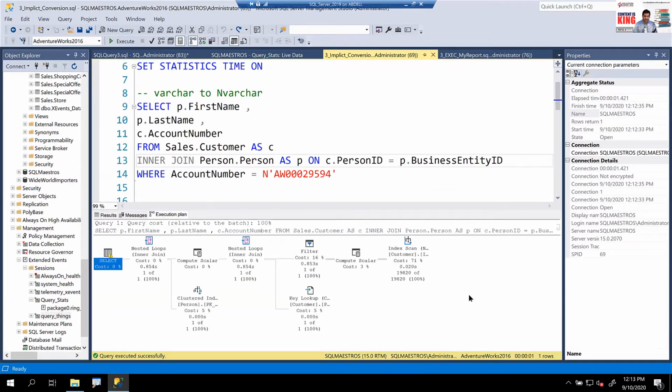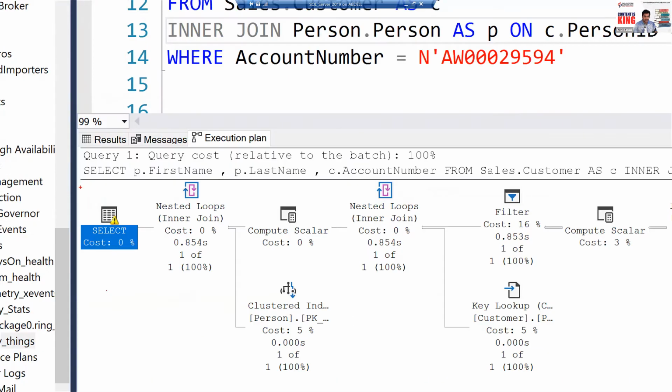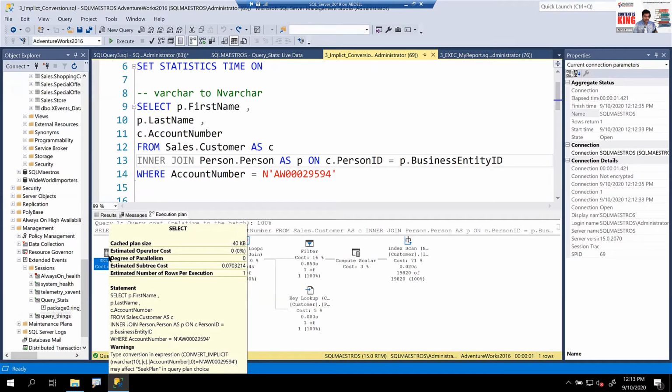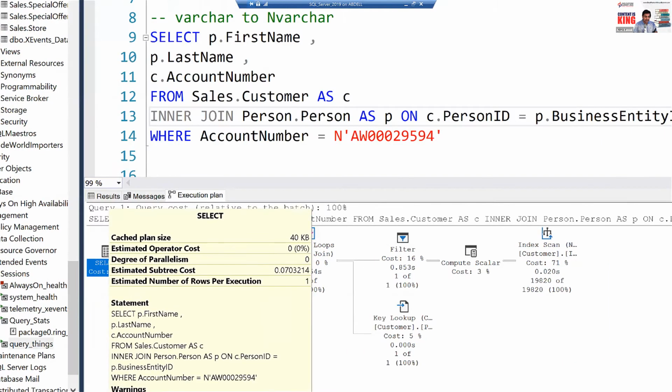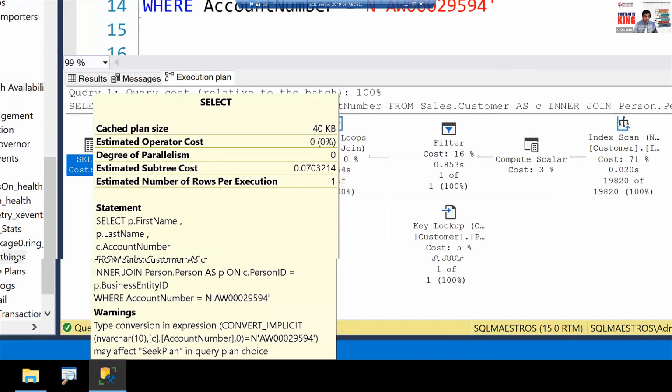Now, when I look into the execution plan here, you will see that everything is fine, but there is an exclamation mark on the select operator, which means there is some problem. If you take the cursor over the select operator and zoom in, you will see a warning that says there is a type conversion in expression, convert implicit.